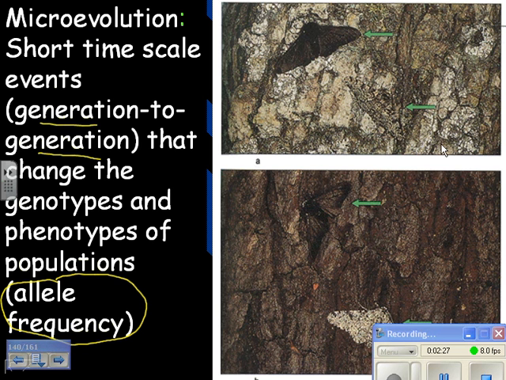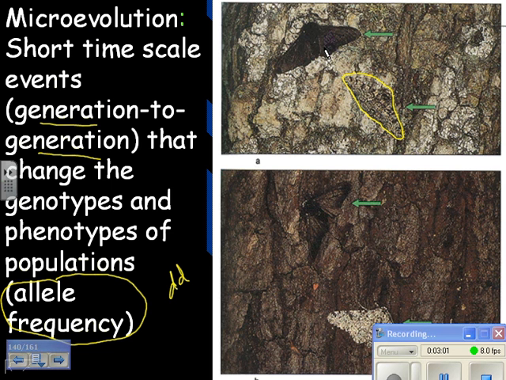Most of you are familiar with the peppered moth example from the Industrial Revolution. This is pre-Industrial Revolution, and you see the peppered moth, and it can either be very dark, or I bet you can hardly even see this one, or it can be very light. In the pre-Industrial Revolution, the birds saw this one much more, and they ate it. So this very light-colored one, I don't know if it's recessive or not, but let's assume it is. This is the one with the allele that would be around a lot more often, and this would be